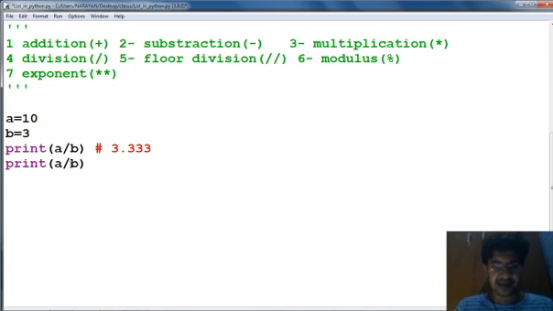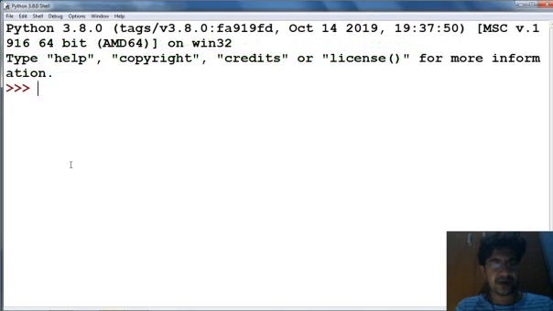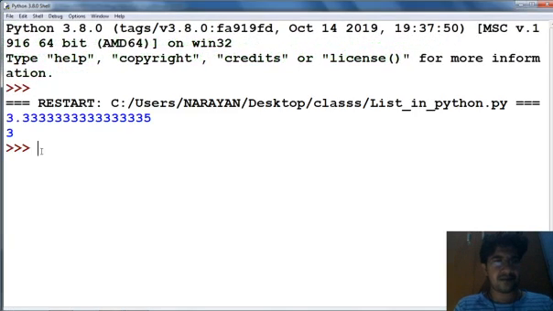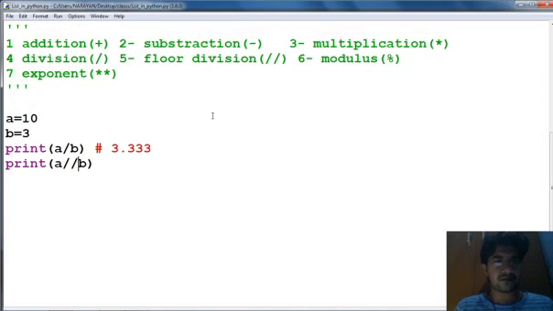Here the sign of floor division is two slashes. This gives the result 3. This will return only 3.